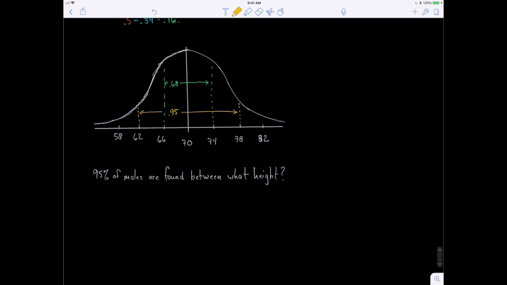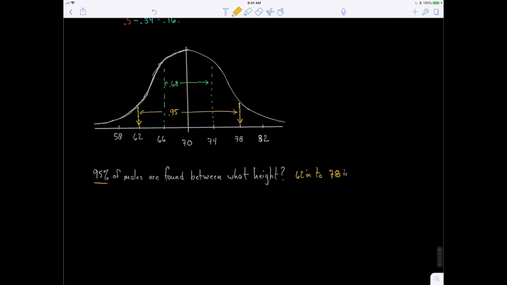But wait a minute, that's what the question was asking. So now we can just come here and we can look down, and there are our heights. So we could say male, 95% of males between what height? The answer would be 62 inches to